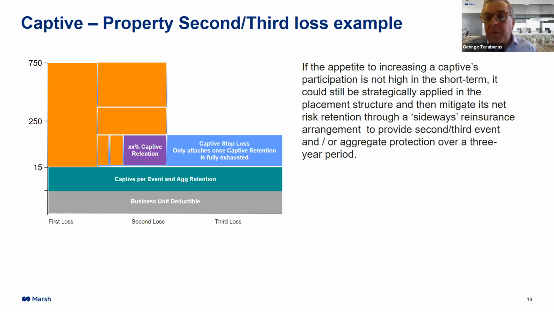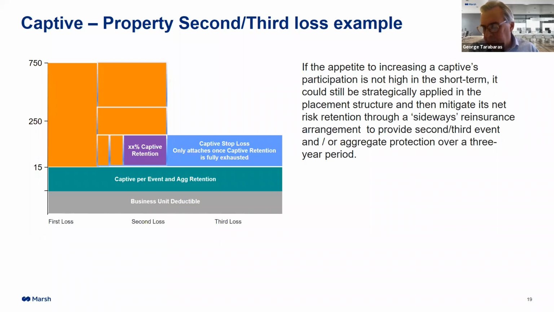But that then may create volatility for the captive, and that the client is looking to protect through a form of reinsurance. And what this is illustrating is the sort of reinsurance that we could buy to cover second or third event type protection through a sidecar placement. So in this example, the captive piece there in the purple might be 50% of a 50 million layer, so 25 million net retention. And then the captive reinsurance that we would seek to buy may then respond and provide